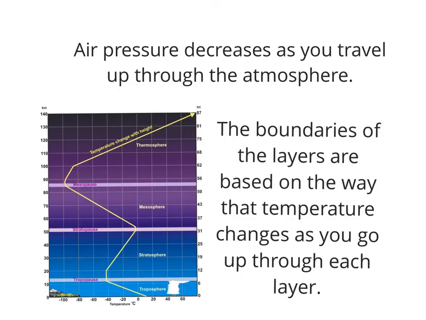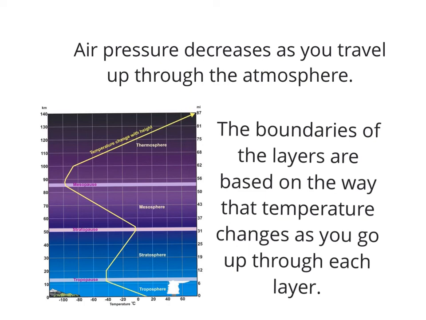There are two measurements that we could make of the air as we travel through the atmosphere. One is air pressure. Air pressure is basically how heavy air is, and air pressure is much greater at the bottom in the troposphere than it is as you go up through the other layers. That's because most of the air molecules in the atmosphere are in that troposphere, and so the air feels much heavier down there than it does as you travel higher and higher.